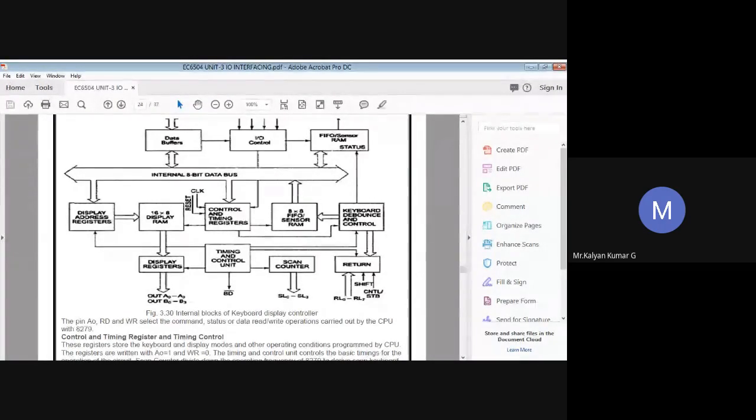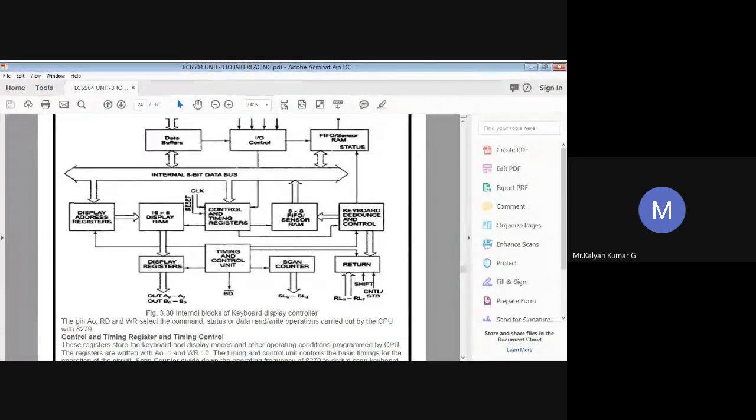In encoder mode, the scan counter provides a binary count from 0000 to 1111. Since we are taking 4 bits, we have 4 scan lines, SC3 to SC0. All these are active high outputs.